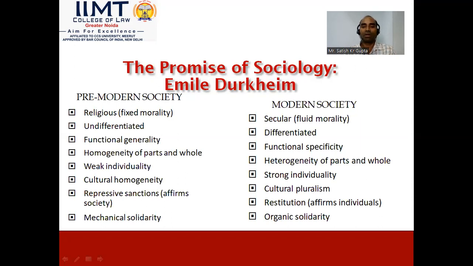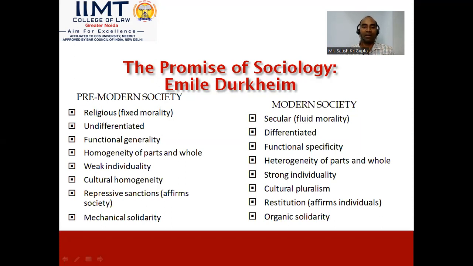It means that in modern society, people are more and more secular. If you talk about undifferentiated, in modern society people are differentiated. That means when people are undifferentiated, there is no division based upon their caste or religious activity or their class or such things. But in modern society, people are differentiated by their occupation, their class, their caste, all such things.